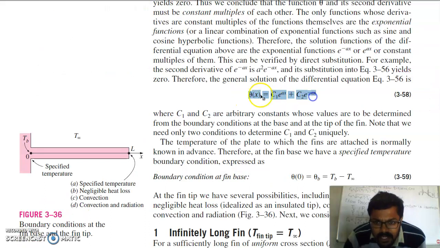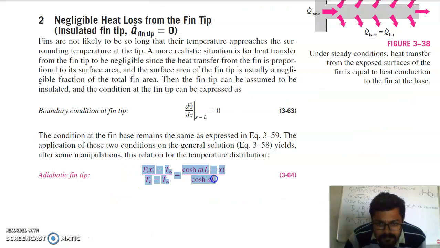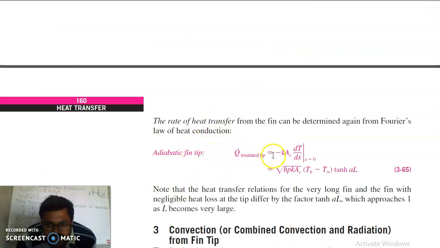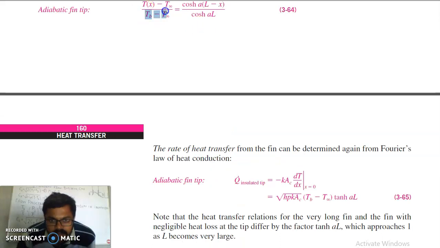This is your heat transfer equation. Take the derivative of this equation with respect to x and equate to 0, which will yield this equation for an adiabatic fin tip. Also you can find this solution from the Fourier law for an insulated tip. So this is your temperature distribution in the case of an adiabatic fin. Put this value into the Fourier equation, that is dT by dx. You can place the temperature distribution here, and when you take the derivative of this, you will get tanh mL and this term. So this is your heat transfer in the case of an insulated fin.